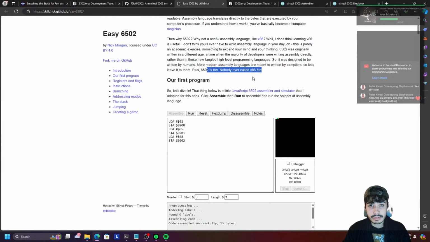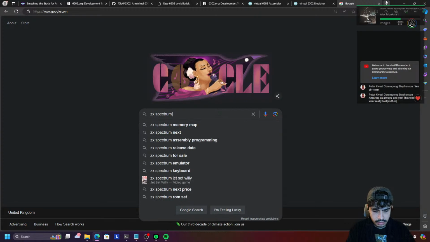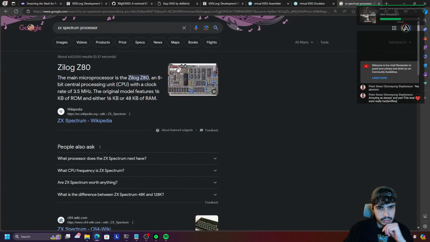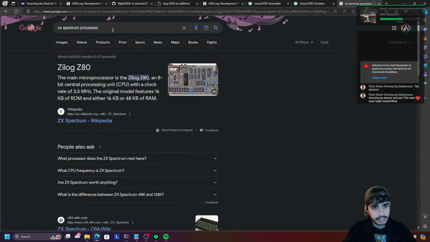So 6502, by the way, is the kind of assembly written for computers back in the day, like the BBC Micro. That was a popular one, right? I'm pretty sure that the ZX Spectrum also used it. I'm not too sure now. Oh no, Z80, never mind. Yeah, Zilog 80. I'm wrong on that one. But yeah, the BBC Micro